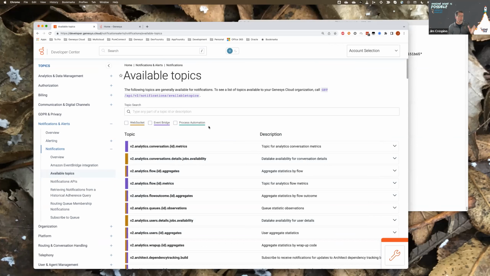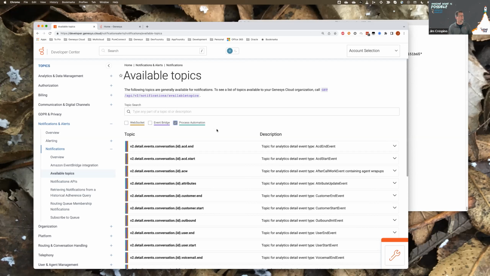If you are an Amazon shop and you have an Amazon account and you want to use Amazon EventBridge, that would be a great mechanism. We could send an event to EventBridge that would trigger on the wrap-up code, and you could have a Lambda that fires and does whatever you want to do when you get that in-outbound-ambiguous wrap-up code. So what if you don't want to host code? I would recommend you go look at our new process